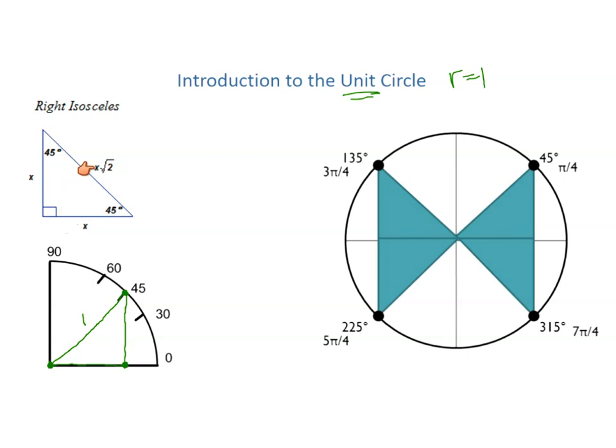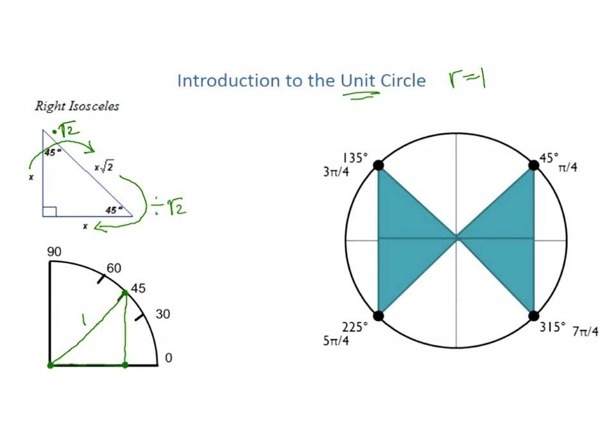Think about it. If I know that this measure is 1, what do I have to do to that to get back to what the length of the leg is? Well, you can see that I have to get rid of this part. Since my x is being multiplied by root 2, the only way I can get rid of that root 2 is to divide by root 2. So in order to go from the leg to the hypotenuse, I have to multiply by root 2. In order to get back from the hypotenuse to the measure of the leg, I have to